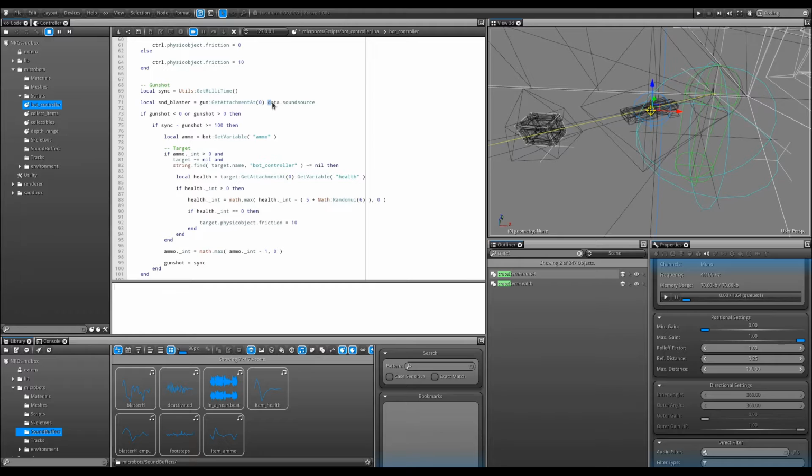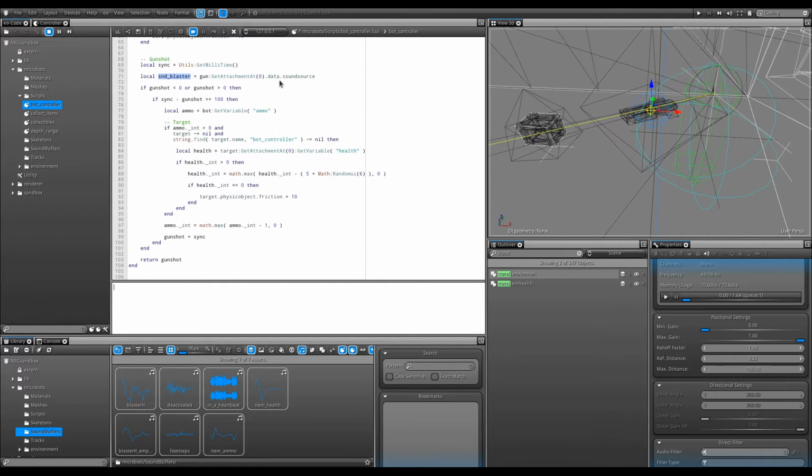And I am going to access the data sound source. So now I have the sound source properties here that are accessible from my sound blaster. Now I'm only interested in triggering that sound when I'm actually shooting, and what I'm going to do